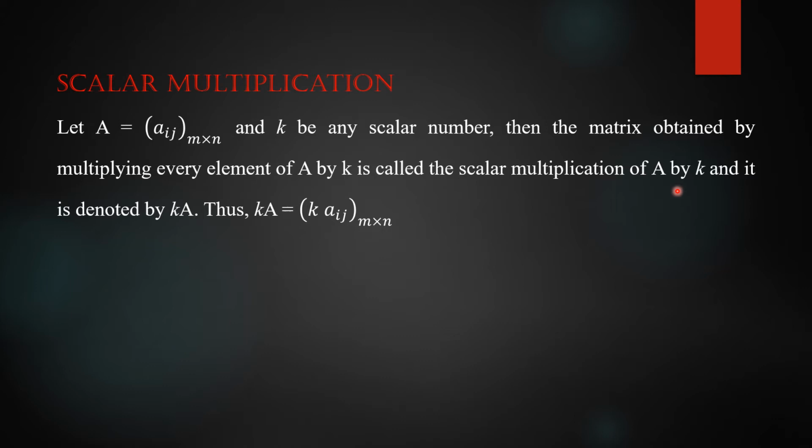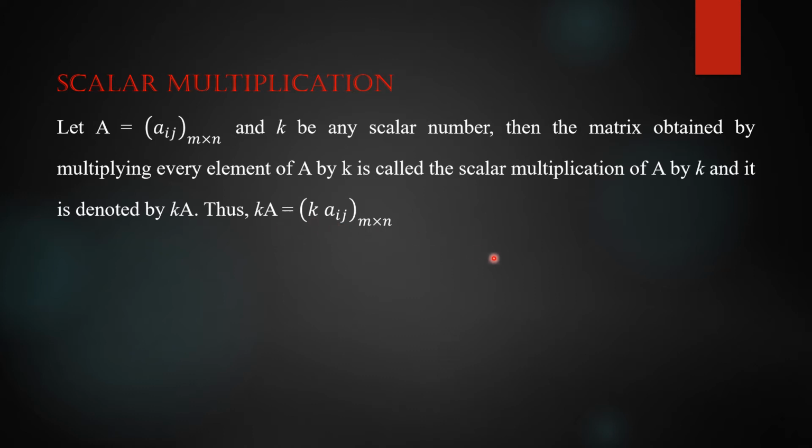Clear? That means when you have a matrix, say A is equal to some matrix, and if you want to write, say, thrice of A, meaning 3 into A actually, then 3 should be multiplied to every element of the matrix. Every element of the matrix. So here, by mathematical process, kA, this k will act on a_ij, the elements of the matrix. The a_ij means all elements actually here. So k into a_ij means k is multiplying every element of the matrix A.